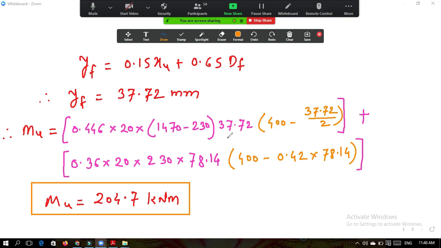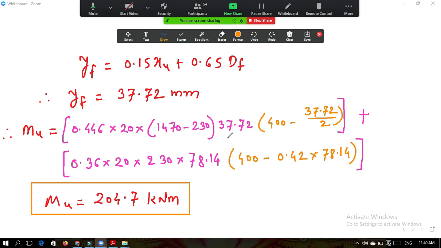Instead of a T beam in the exam, suppose they have asked you for the L beam, then there is only one difference: the change in the formula of BF. But the rest of everything will remain the same. There is no change in the formula or any other thing. Whatever problems we have solved of these T beams, the only change is that if they have given you the width of flange in the L beam problem itself, then there is nothing to do, you just follow the procedure.